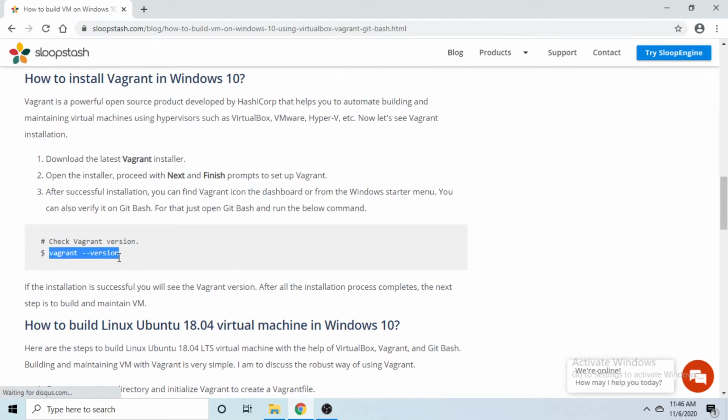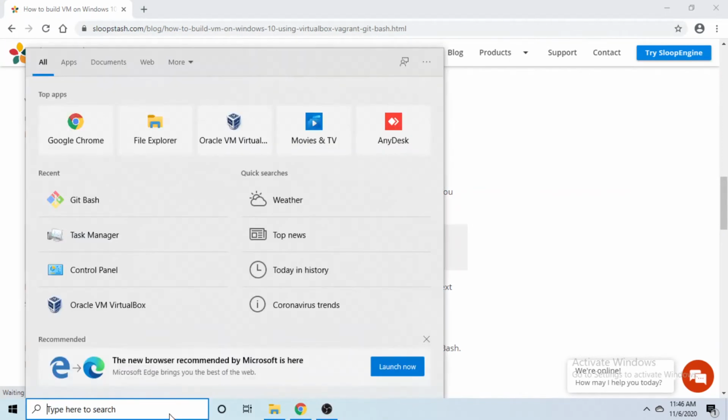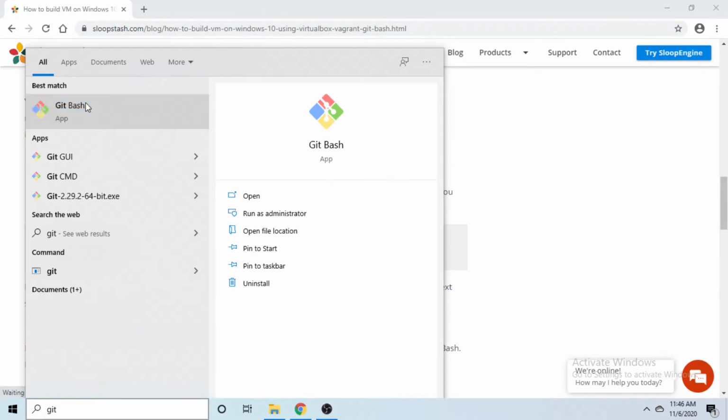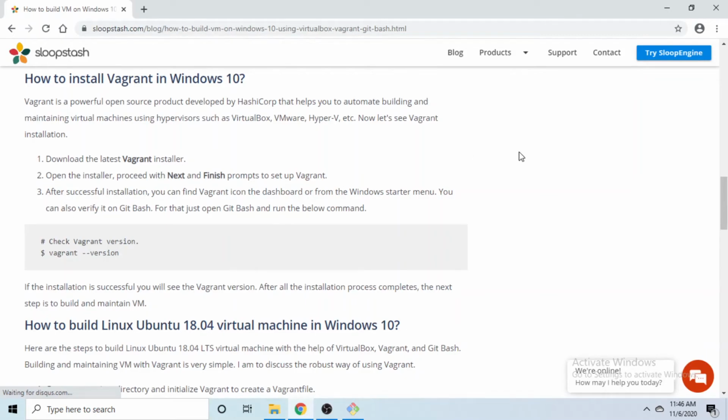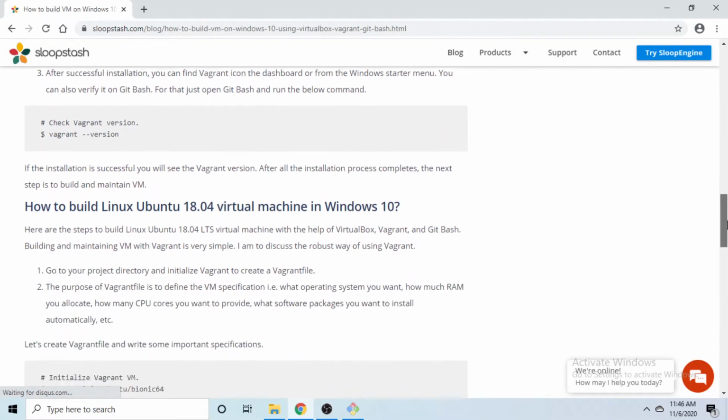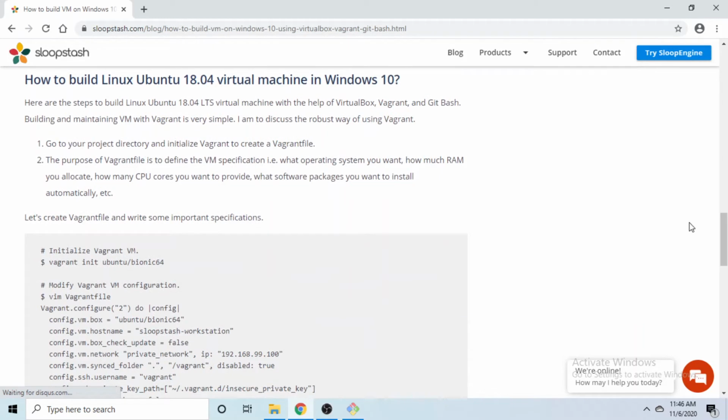After successful installation, go to Git Bash and check the Vagrant version. So far, we successfully installed VirtualBox, Vagrant and Git Bash.